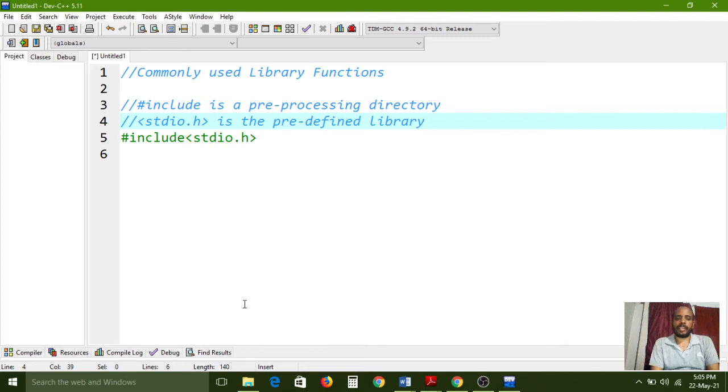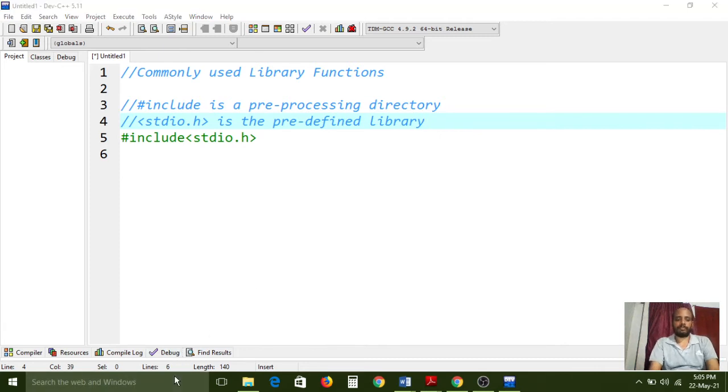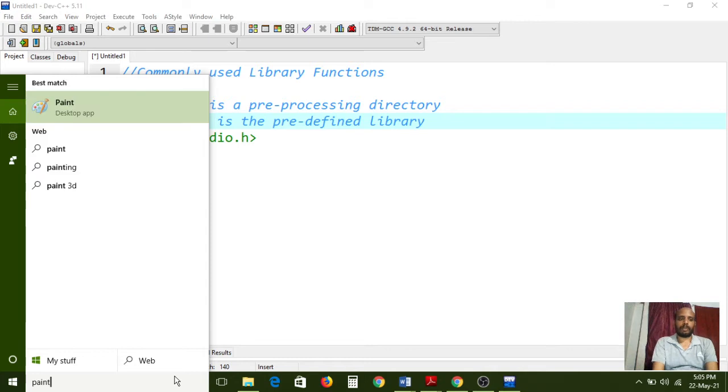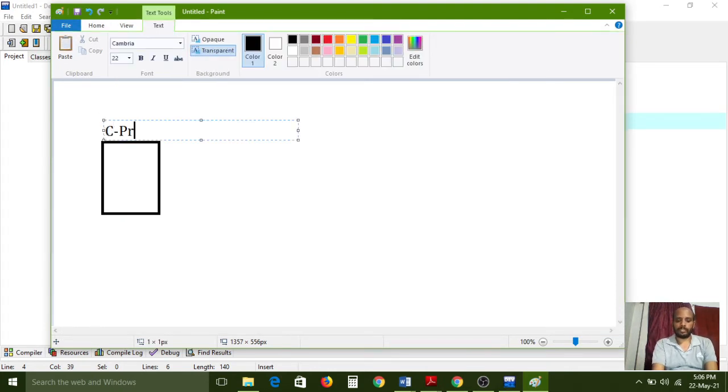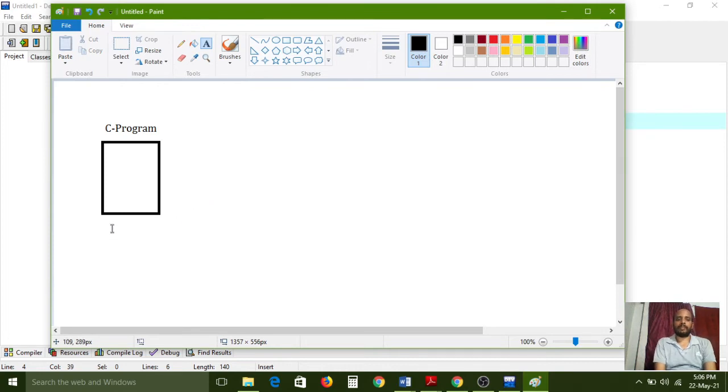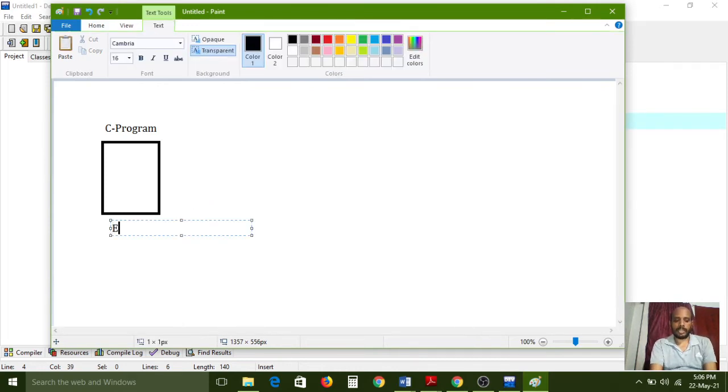Before that, first we have to understand about the C program. I have opened the Paint window here, and this is the C program. How will it execute first? A C program is nothing but source code. The file name is example.c.